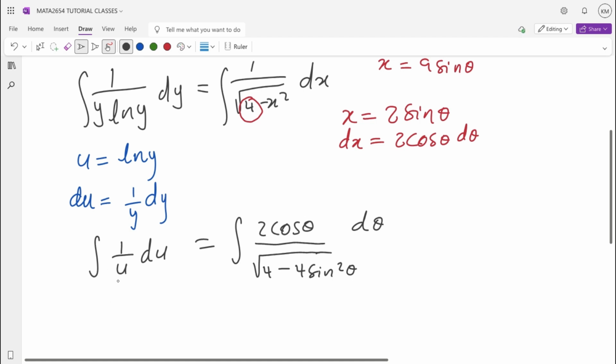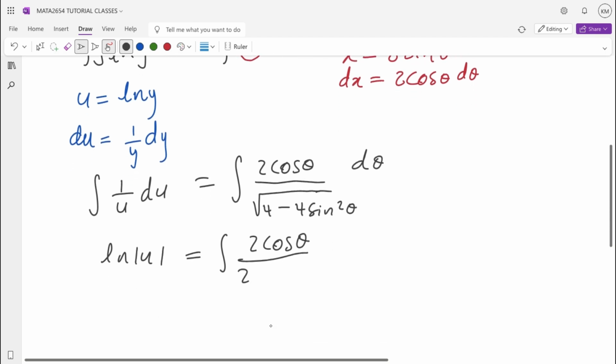And on the left hand side right here, the integral of 1 all over u becomes ln absolute value of u. Okay, then equals, here I'm going to have the integral of 2 cos theta, then divided by, if I take the 4 as common and it's under the square root, it's basically going to become 2. The square root of 4 is 2, right? Then what am I going to remain with under the square root? Since we factor out 4 here, we're going to remain with 1 minus sine squared theta, like that. Then now on the left hand side, let's bring back what was our u. Our u, we know that it's ln y. So we basically have ln of ln y